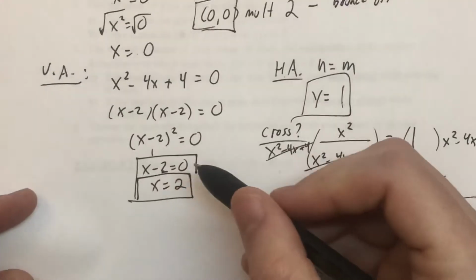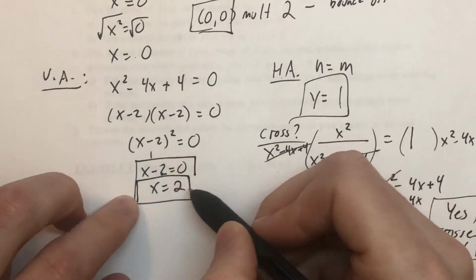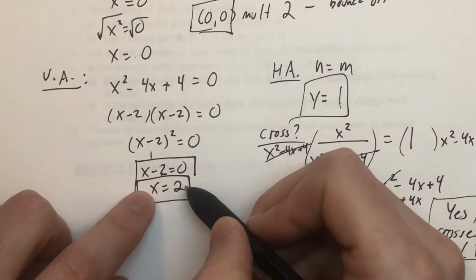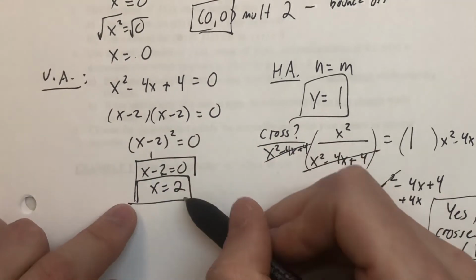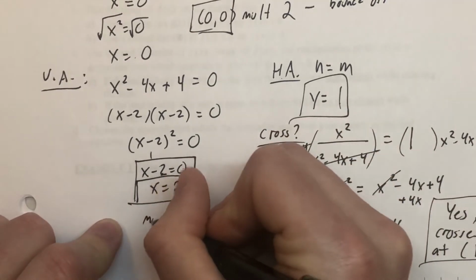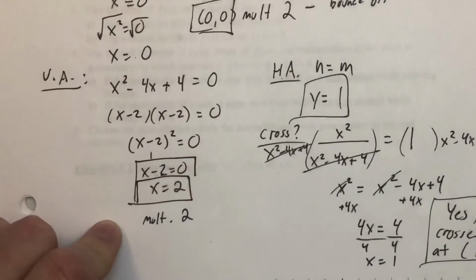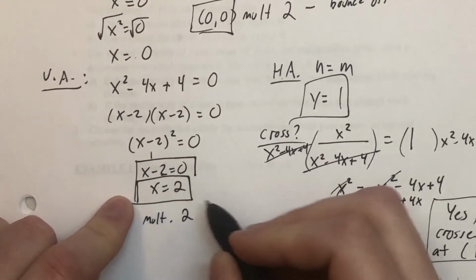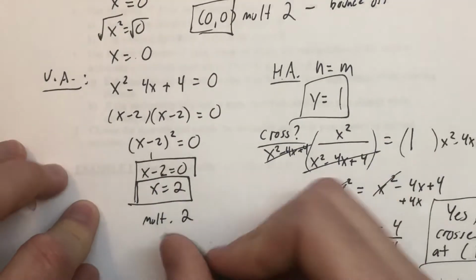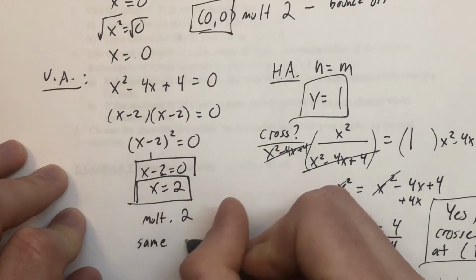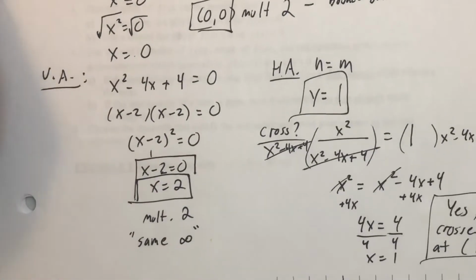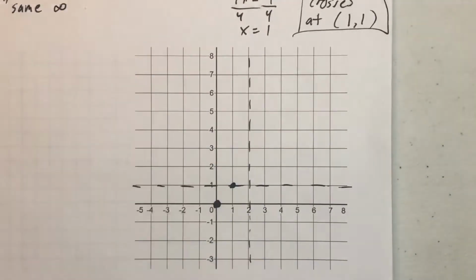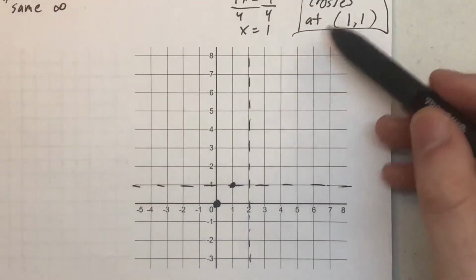Also coming down here to the vertical asymptote, this one asymptote came from a factor that was, again, squared. So this vertical asymptote also has a multiplicity of 2. And for asymptotes, recall multiplicity of 2 told us we were going to actually see the same infinity, not the opposite ones like we saw with multiplicity 1. So using that information, coming back to the graph here, first thing to point out, as we saw with the work,